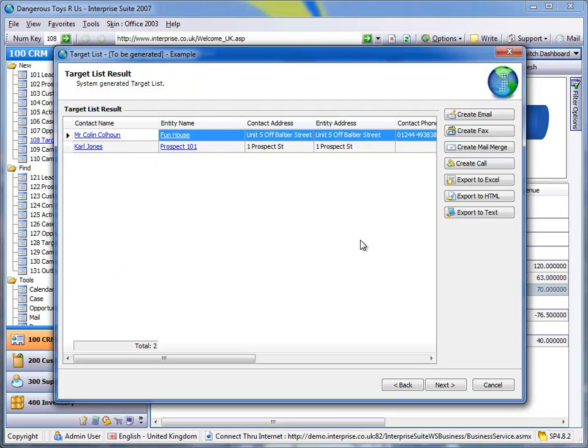That then gives us a result, and with that result we can then produce an Excel spreadsheet which we can take to one of the emailers that are out there, the email marketing companies, or you could create a call list, or you could just save it